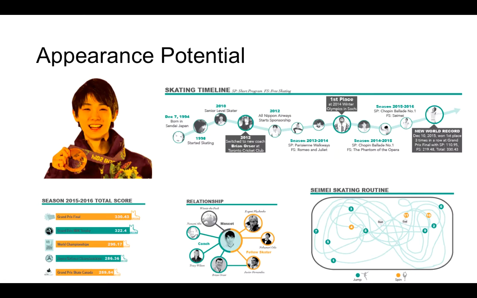This appearance helps the viewer recognize the skater if they know him, or simply indicates that this infographic is about a specific skater so that they can know who exactly I'm talking about. Besides this appearance, there are also a bunch of other photographs of him or people who have a close relationship to him. Since my topic is about a specific skater, using realistic photographs will help people better understand the